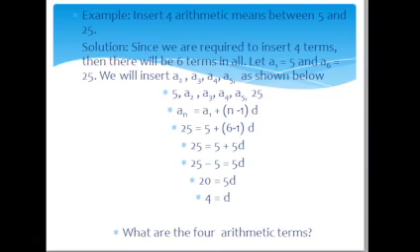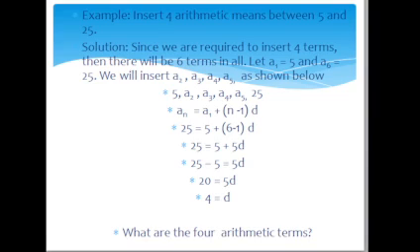Okay, let's proceed to this example. Insert 4 arithmetic means between 5 and 25. So, there are only 2 terms given, the first term and the last term, and we need to insert 4 arithmetic means. Since we are required to insert 4 terms, then there will be 6 terms in all, including the